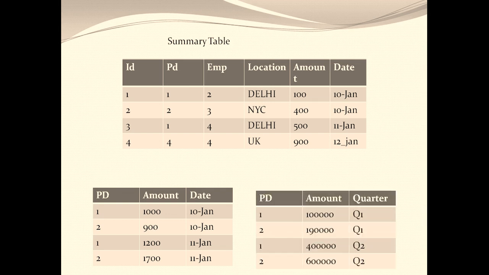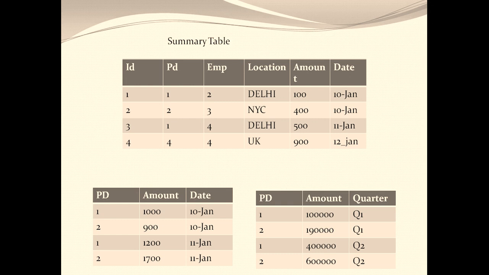I have another user who wants to see the data at a higher grain. He wants to see the amount of revenue generated by different products in different quarters. So the amount of revenue generated by my product 1 in quarter 1 is $1 lakh, and by my product 2 in quarter 1 is $1,93,000. If you see quarter 2, I can clearly glean that the sale of these two products has increased considerably. So he wants to see that kind of data. Then I have another user who wants to see similar data, but instead of quarterly reports, he wants to see yearly reports.